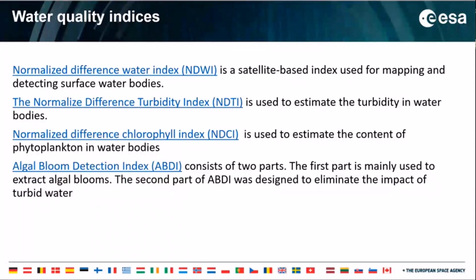What we will use today and implement are the normalized difference turbidity index and the normalized difference chlorophyll index. You have other indices like the algae bloom detection index. This is a little bit more complicated. It doesn't simply follow the form of a difference between two bands. It has a more complicated form, but I brought it to show you how you could